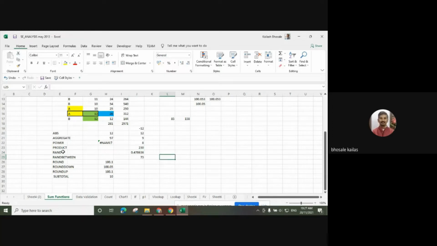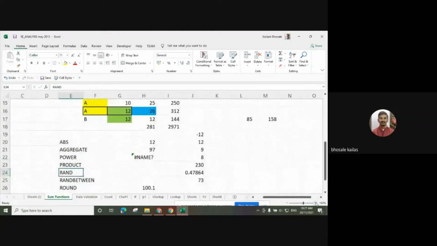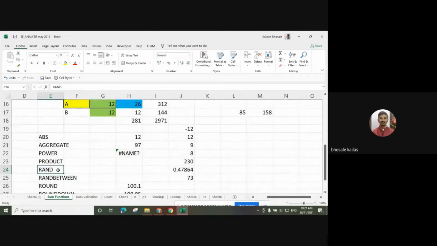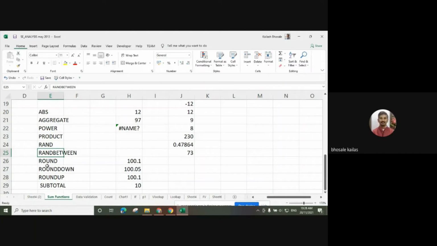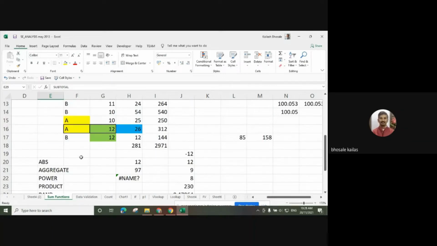There are functions like RAND, random numbers. RAND is used to generate numbers between 0 and 1. RANDBETWEEN is used when we want to find a number between any values. Then we can use the round function, round down, round up, and subtotal. So we'll see all these functions.